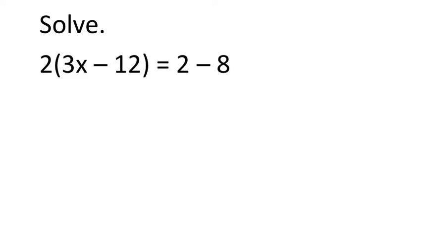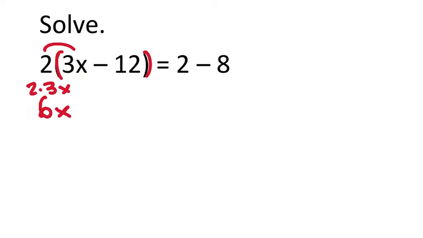All right, solve this equation right here. We're first gonna have to start with some distribution, because I do see some parentheses here. And we need to remember that distribution is multiplication. So really what I have from this first distribution is 2 times 3x's, 2 groups of 3x, which would give